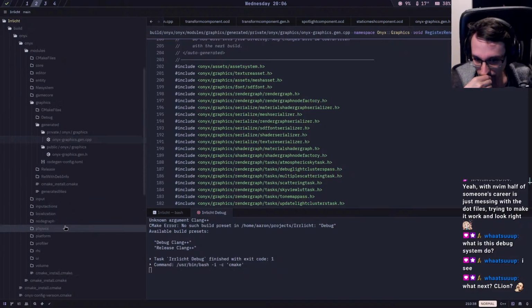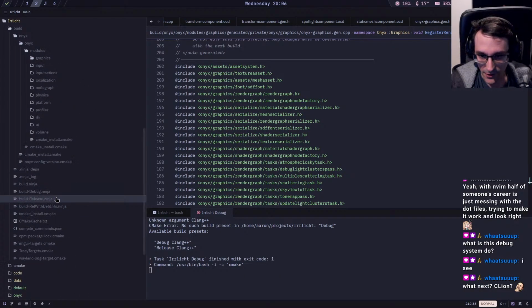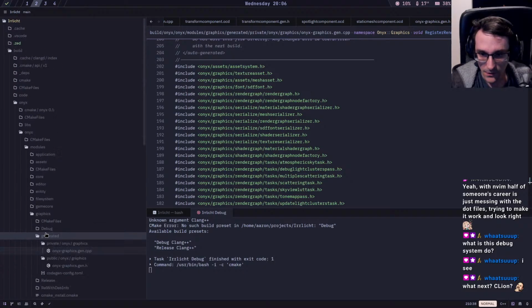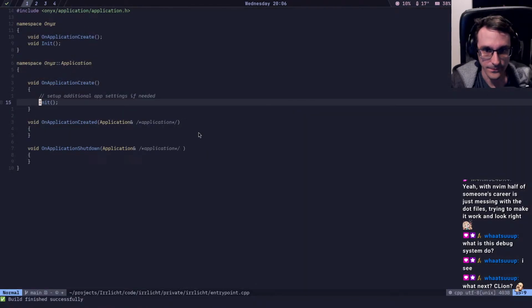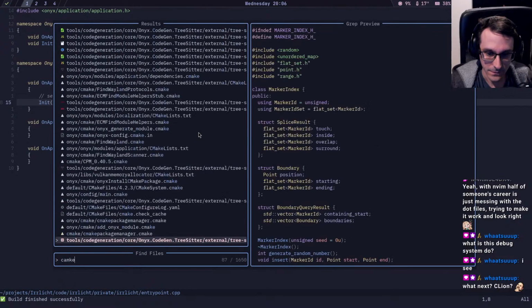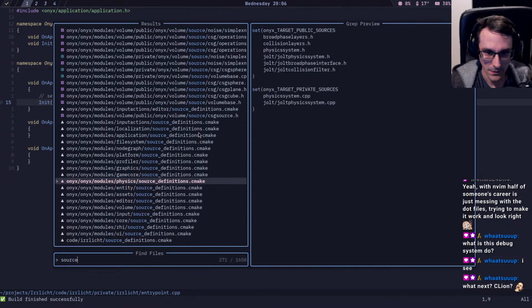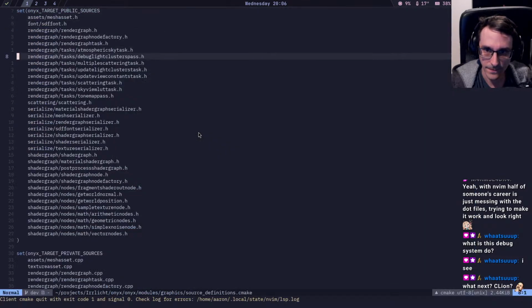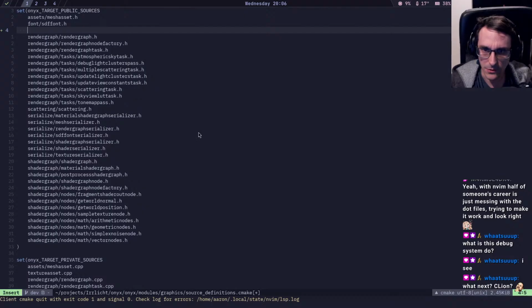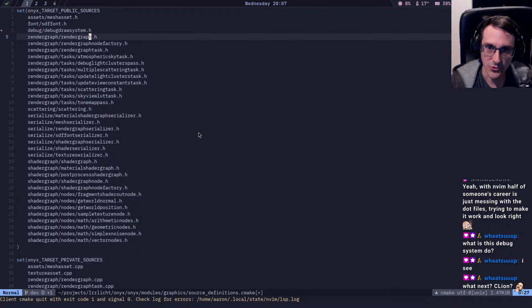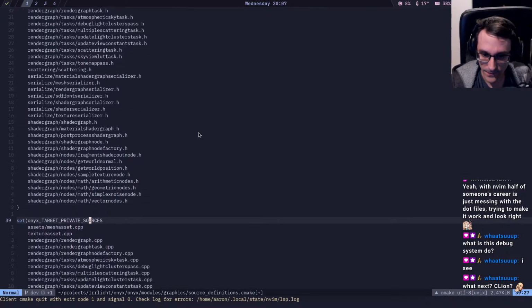Oh, I'm stupid. I didn't adjust the CMake file. Source definitions of graphics. And I guess we put it here. Debug draw system.h and